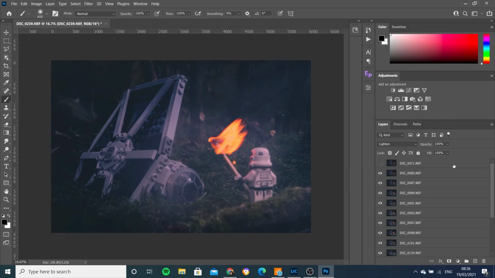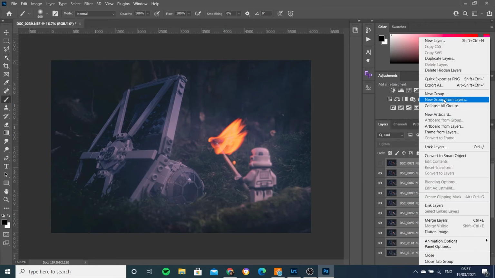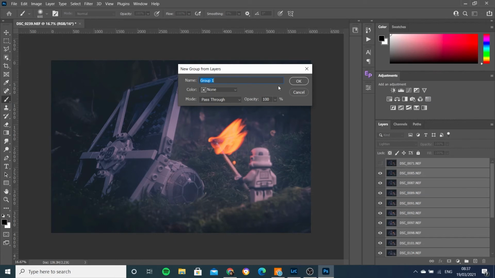So what I'm going to do, I want to make a few other little tweaks and adjustments on this image in Photoshop. So I'm going to select these layers like this, and then I'm going to just create a group of them. New group from layers. There we go. We'll call that original